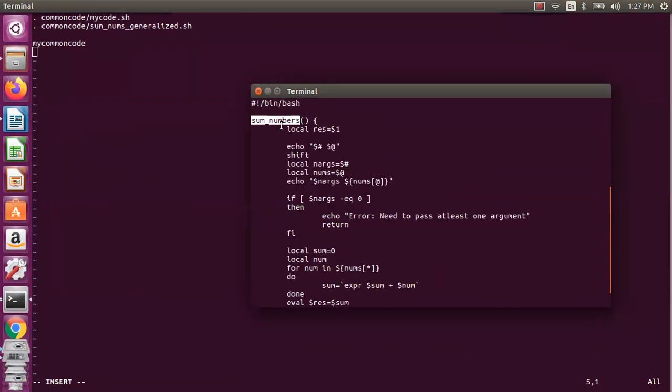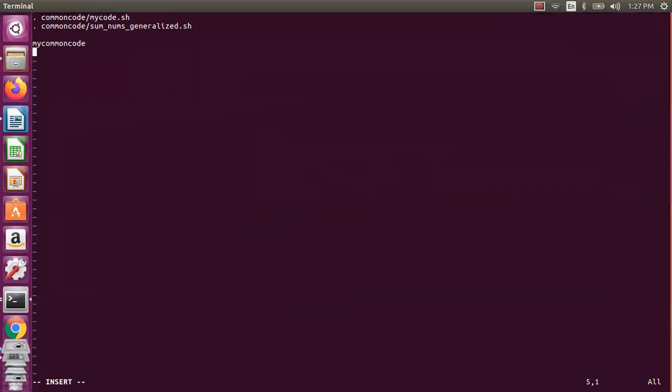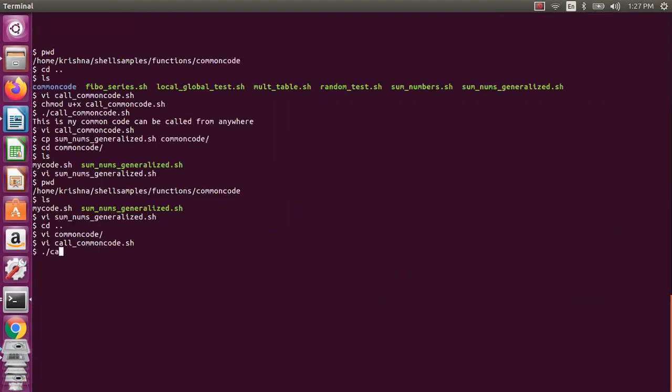Okay, so I just use sum numbers, and then I need to give the total, and then I need to give something like 100, 123, 234, 345, and I say echo dollar question mark, which will be below 256, and I say total. Okay, so now let us check on this. Hopefully it should work. Okay, so now you have whatever is printed within the function. Now you got 192.701. This is how you will be calling the common code and how you will be executing.